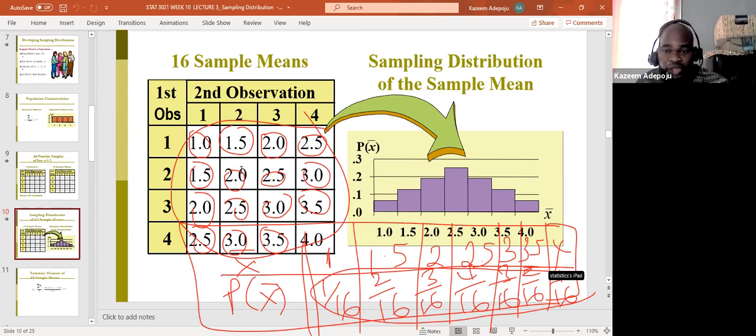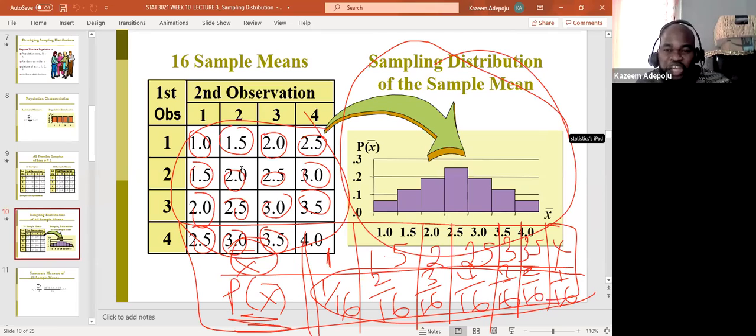Now, the table that I generated from this data right now is what we call sampling distribution. We are not going to call it probability distribution. This is sampling distribution because this is a probability distribution of a sample statistic. And the statistic right here is the mean. Now, if I plot this against x bar, look at what I'm going to have. The distribution has changed from uniform to normal distribution. And you know what?